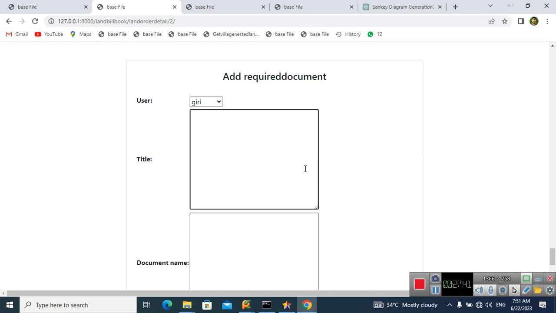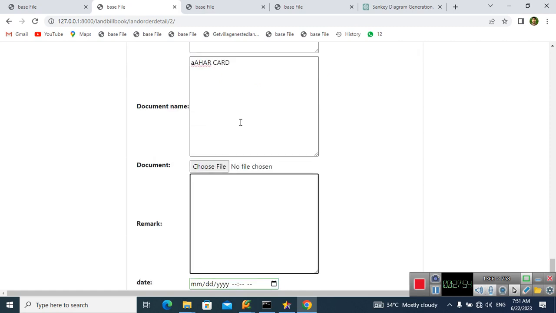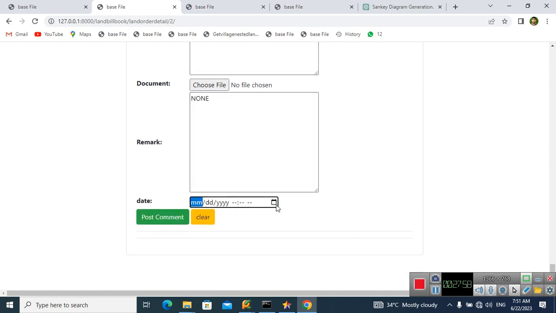We need the Aadhaar card as a reference. The document name is Aadhaar. Remark is so and so, none. Once we are providing the detailed information,